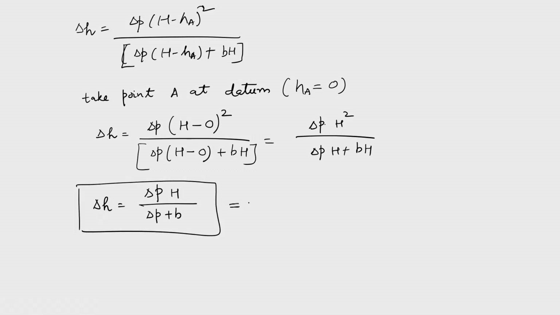So this is nothing but HB minus HA. HA is 0, so this is the height of point B